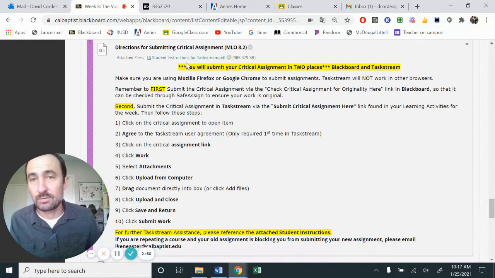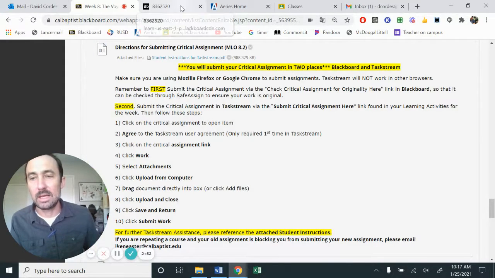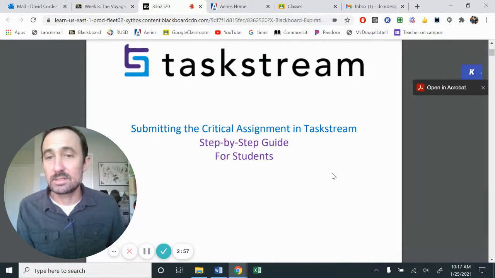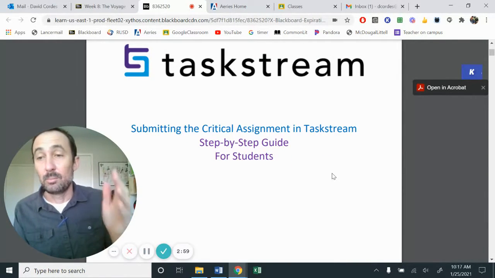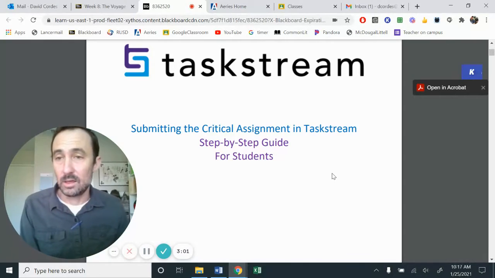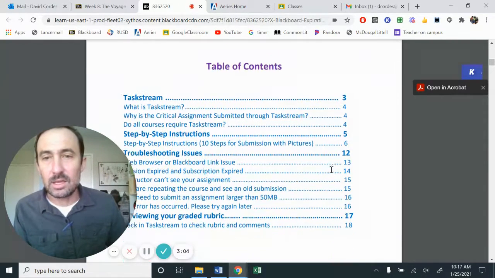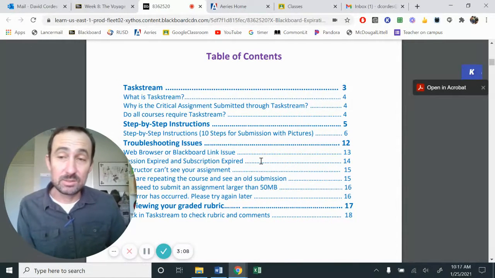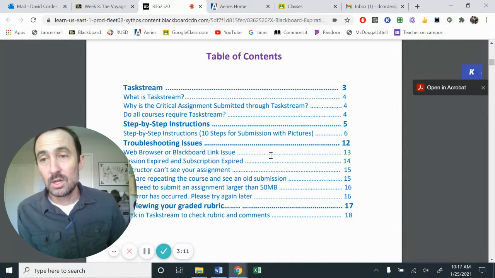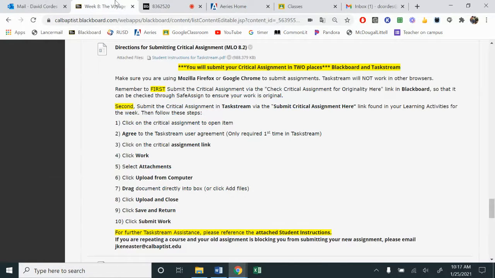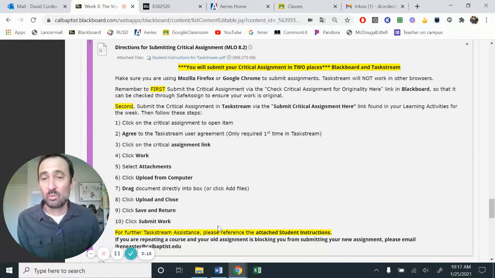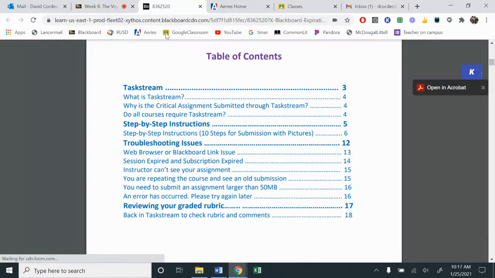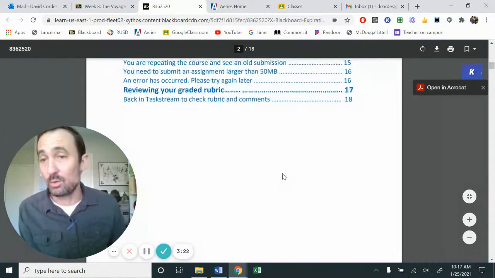There's a student instructions for TaskStream. If you click on that PDF, it's going to take you over here to a step-by-step, how do you submit something successfully? The instructions actually start on page 5, and this one does give you a visual. So for all my visual learners, if you're over here and you're kind of struggling with, well, what is this and what does it look like and everything else, there are images on this document that will help you.